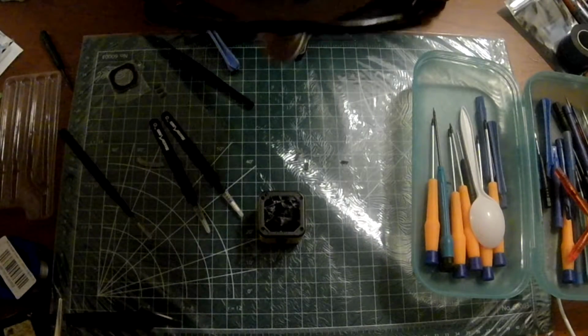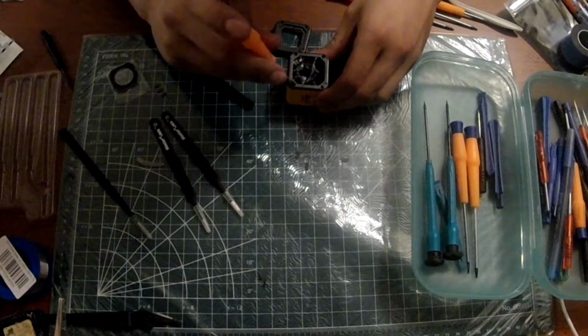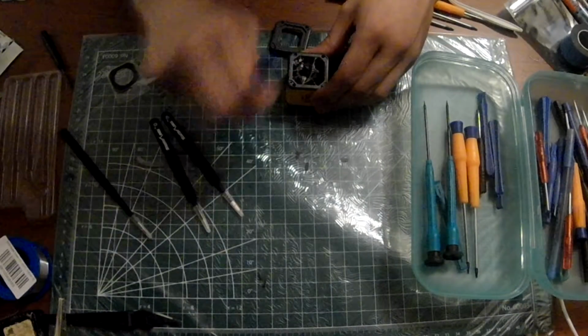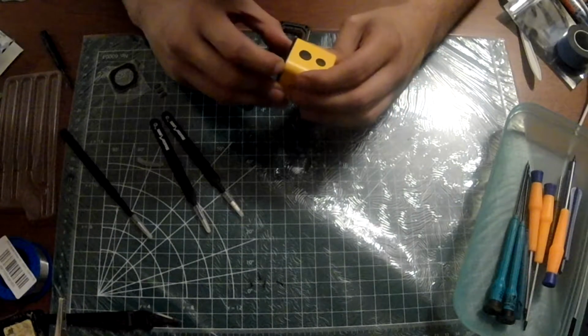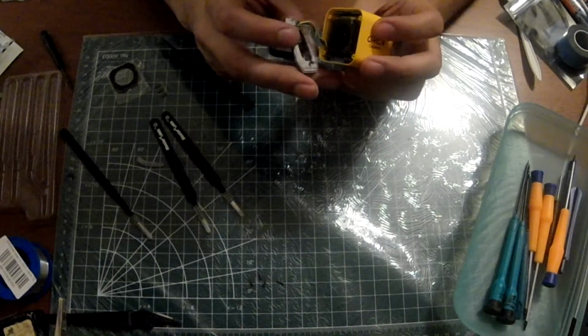We're gonna find out exactly what Torx screwdriver this is. This is a T3. Oh, it fits so easily. Yeah, it's definitely a T3. This just literally comes out like that. Oh, that was so simple and easy. Oh, what the...